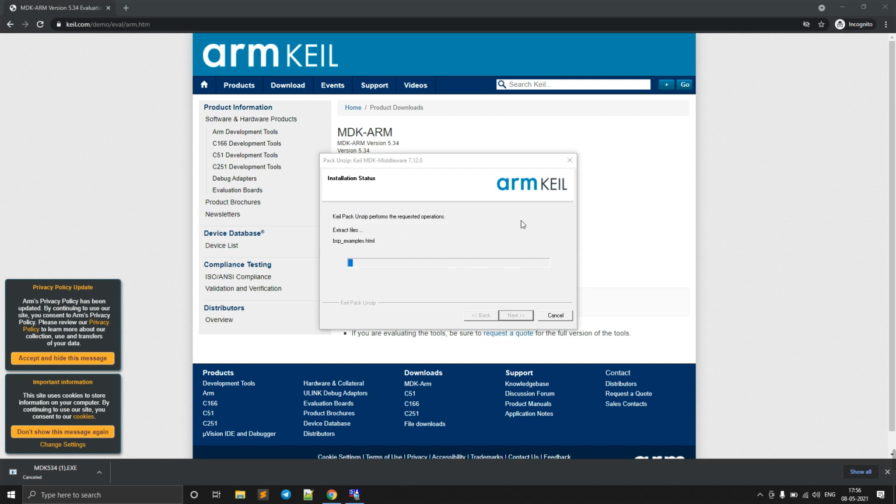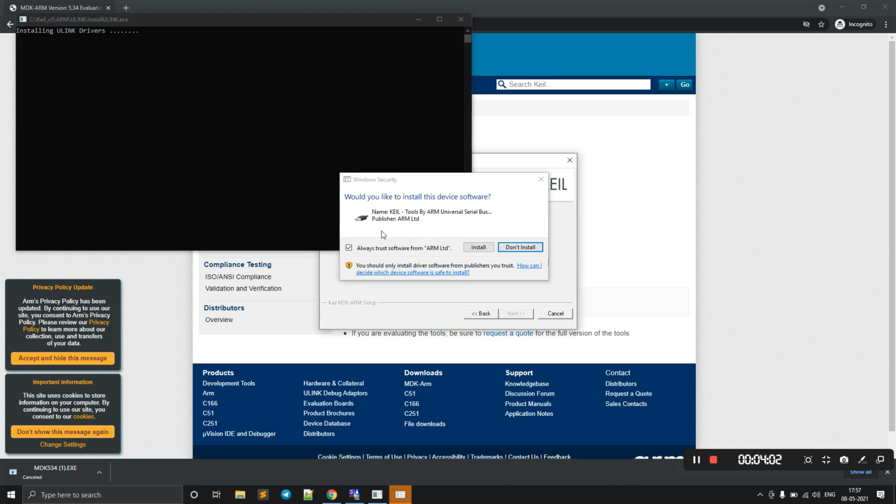So these are all automatic things that will happen while installing. Just wait until the next button appears again. It has to install some drivers, so it will ask the permission. Just click install.